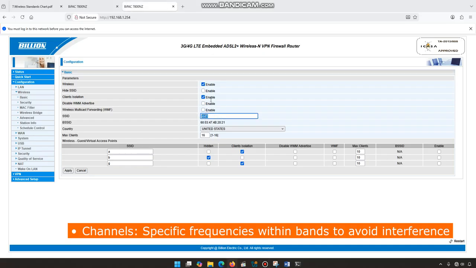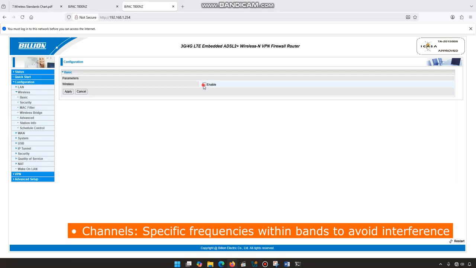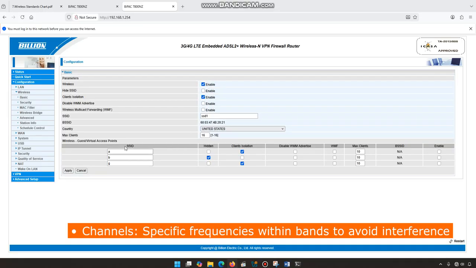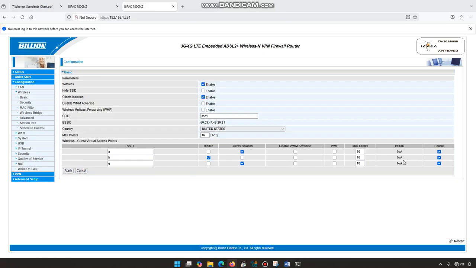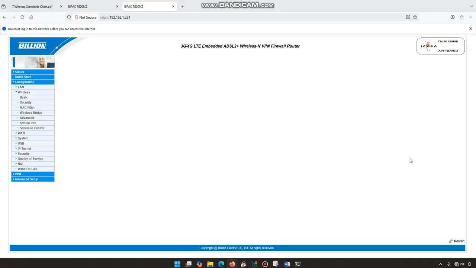ka se be available. The only one it will be available will be this one because it's enabled here, but if you click here you see it disable everything, so the best thing to do is click enable all of them. And then once you click on apply you'll see the BSSID, how it will become available, and then from then the devices how it will connect. Once we click on apply you'll check here it's going to change and then it's going to give you a number that looks like a MAC address kind of, so let's wait for it to